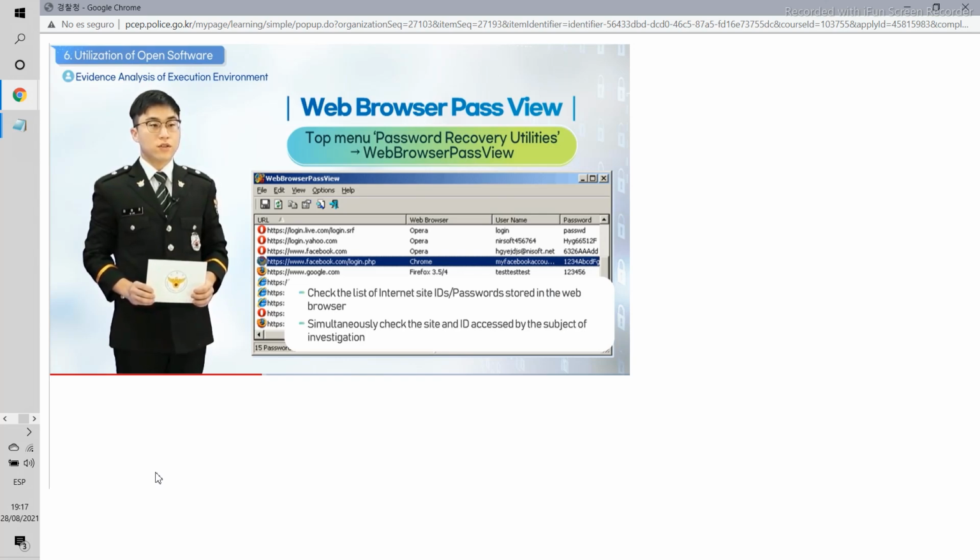Of course, in order to utilize these investigative techniques, it is necessary to consider the legal environment of the country concerned. The important